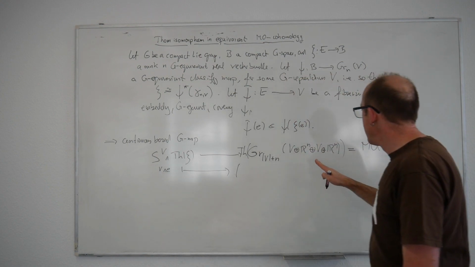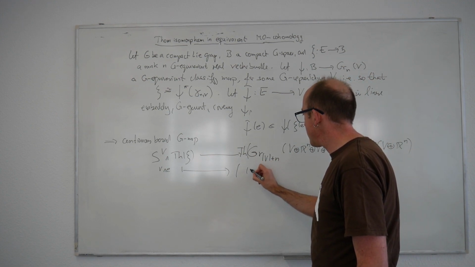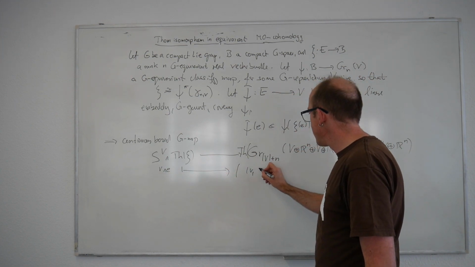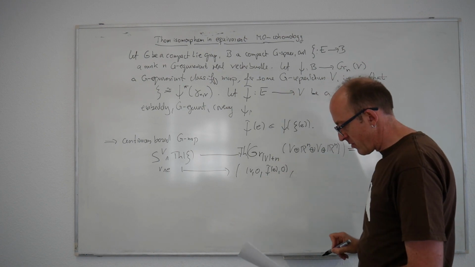So I have to give you a subspace in here, and then a point in the subspace, and the point comes first, and there I take little v, that's this V, 0 in the first R copy, then this lift, psi tilde of E, and then 0 again in the next copy.